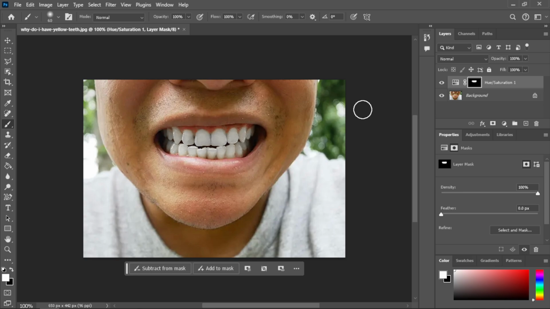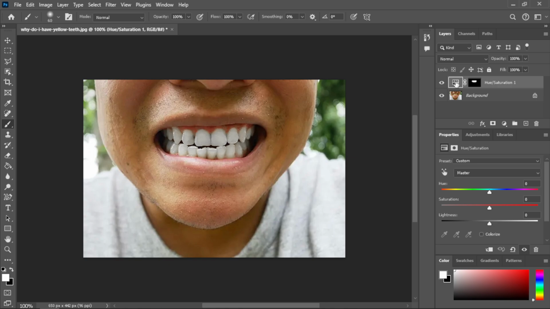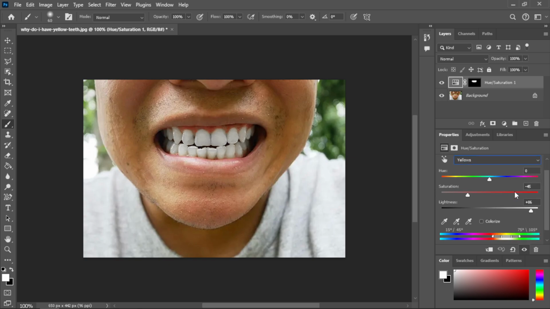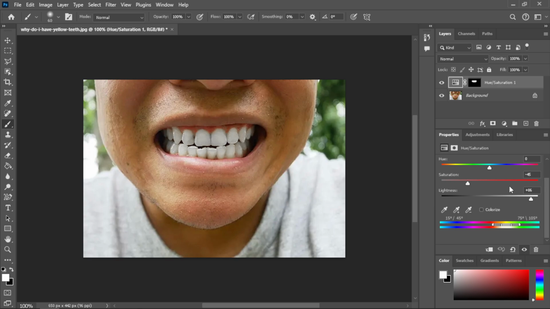If you want to refine the result even more, double-click on the Hue and Saturation thumbnail to reopen the properties. Go back to the Yellow channel and look at the color range sliders at the bottom. These sliders control which shades of yellow are included in the adjustment. If some parts of the teeth still appear too yellow, continue adjusting the range until the color looks more even